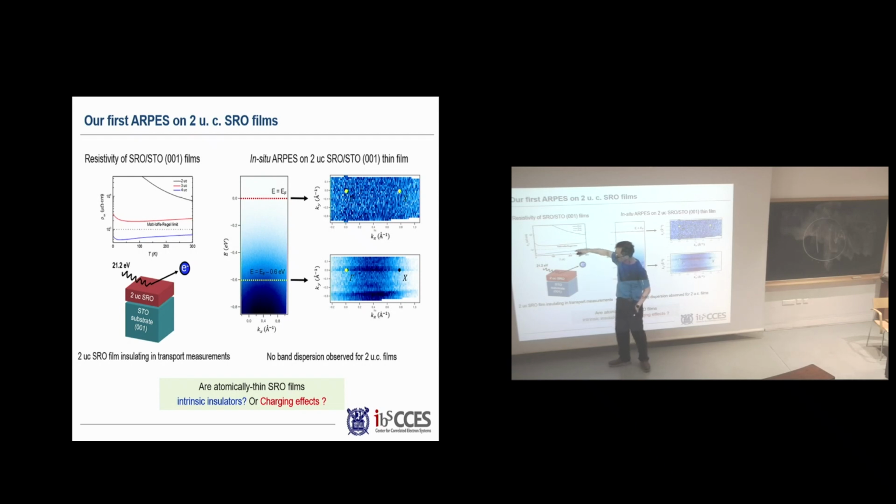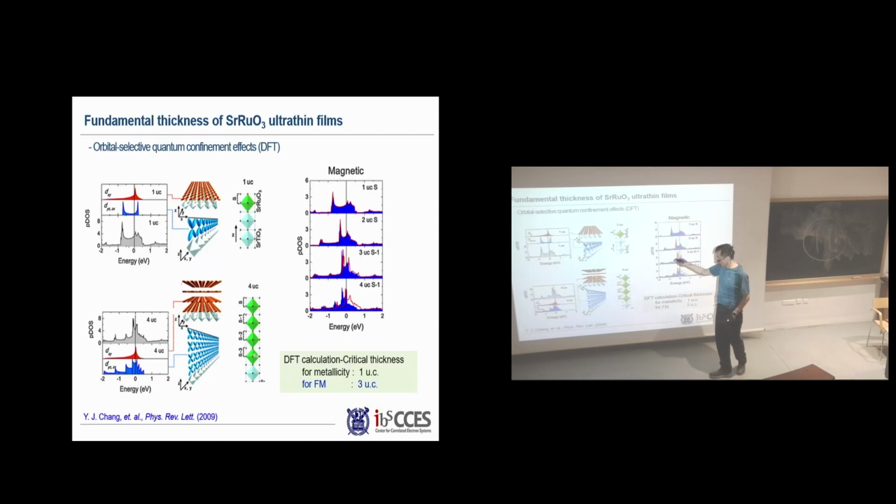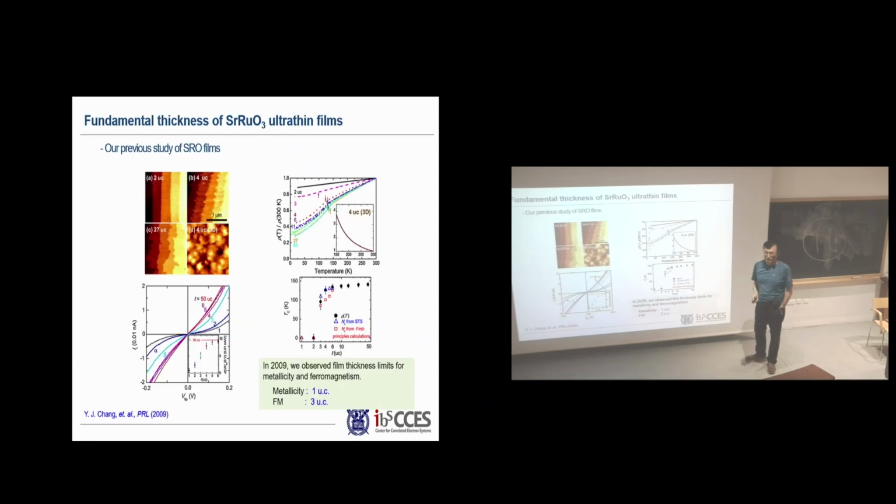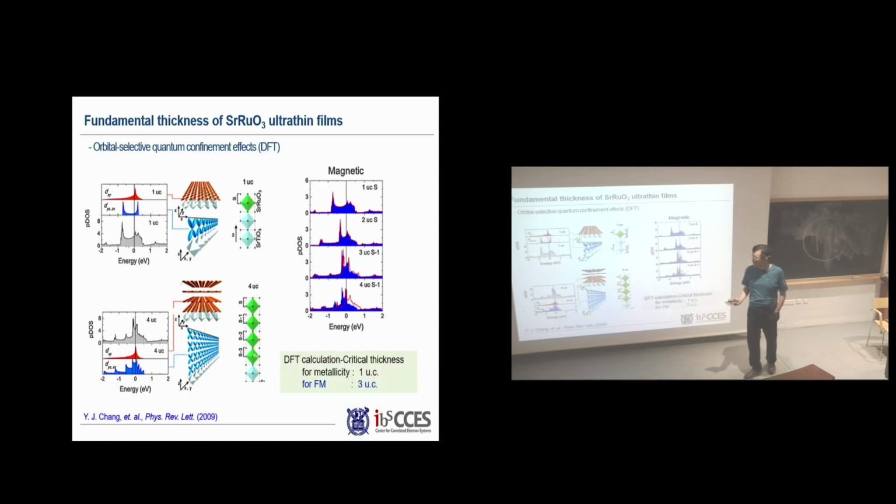This is the resistance limit over here. So we originally thought that maybe the critical thickness for transport is 2 or 3 unit cells or something like that. But we were not sure whether it's coming from the step edges. So we decided to do ARPES, and to our disappointment, there's no state observed near the Fermi surface. This is actually different from our observations over here. So what's going on? Do you have an answer?